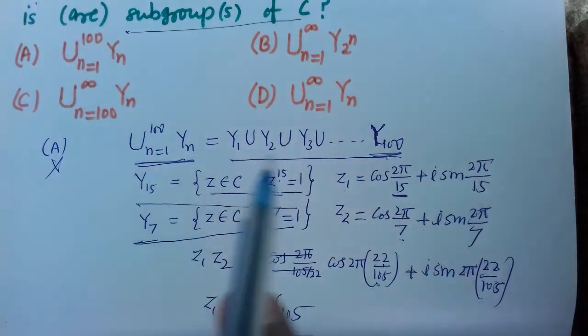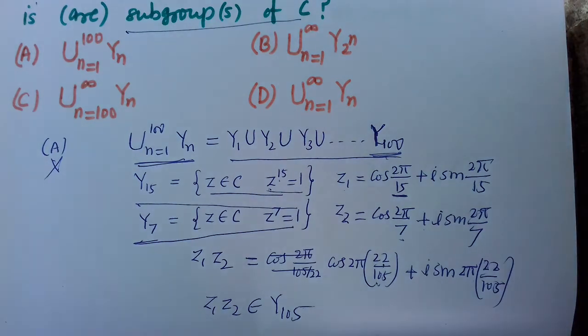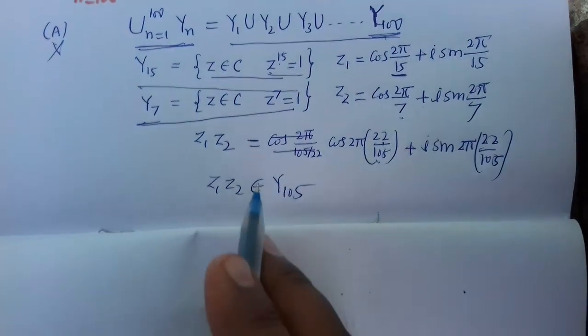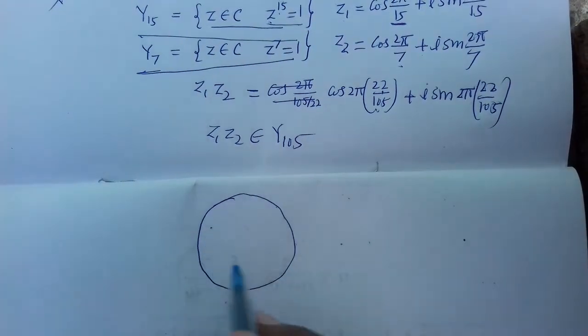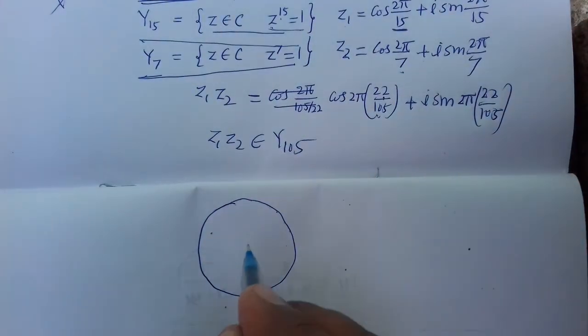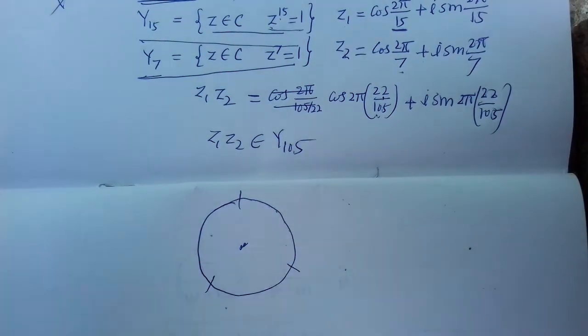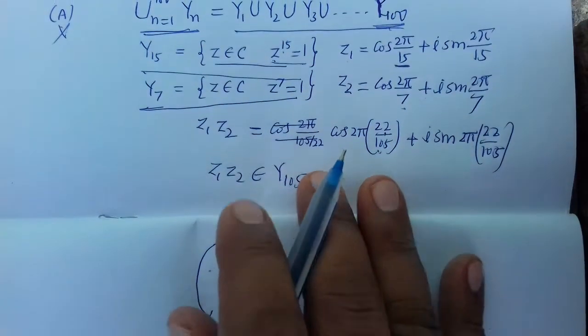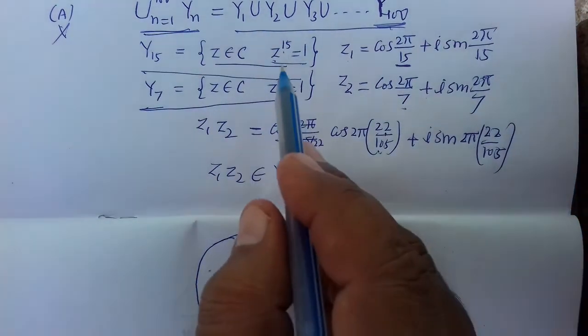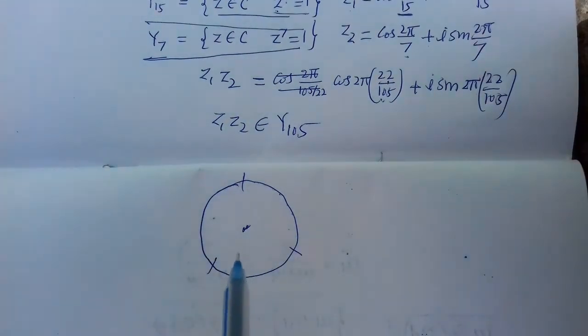Now, using the same discussion, you can find that B, C, D are correct, because in these you have infinity. You know that if you take z to the power 3, here this is a circle of unit radius. Three roots means these three at an angle of 120 degrees. In the same way, we can take many roots. If you want to take 15 roots, then you have to take 15 points similarly at the same angle.